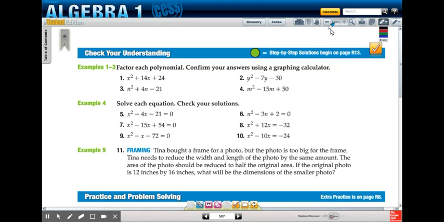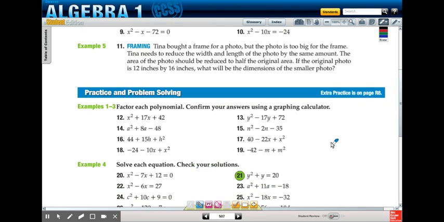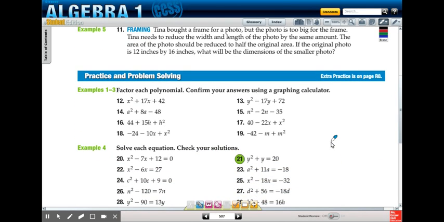Let's go through the regular stuff here and see if anything is weird. It says confirm your answers using a graphing calculator. If you think about it, you're finding out for each thing. You can do this on Desmos too, or the graphing calculators. The whole idea on these is, even if it's a y, really, what these are, they're x's. And so if you type these into Desmos or a graphing calculator, if you set it equal to 0, you're trying to find out where x is 0,